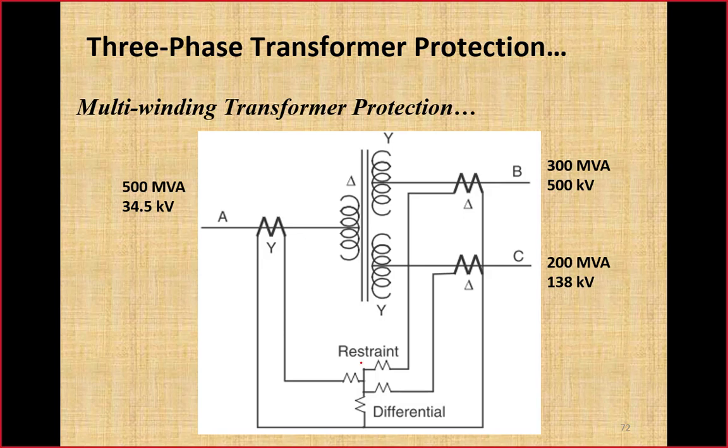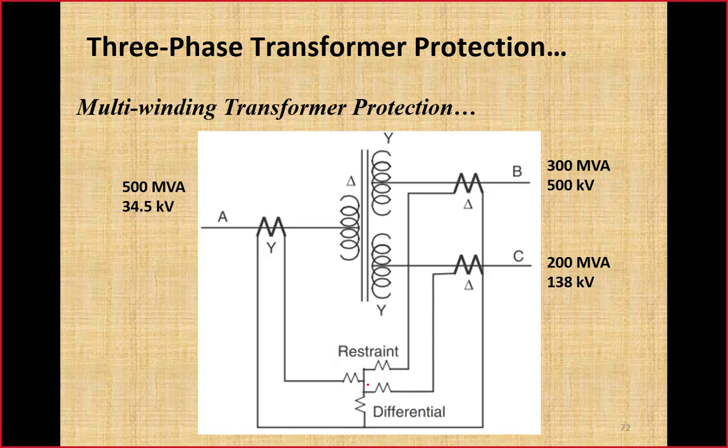Next, CT ratios. Look here first, at the differential relay that we have used for this multi-winding three-phase transformer. This is a special differential relay which has three restraining coils. In the previous example, we saw a percentage differential relay that had only two restraining coils. This particular differential relay has three restraining coils for each phase. Similar three relays will be used, because only the connection for a single phase has been shown over here. Similarly, we have phase B and phase C.